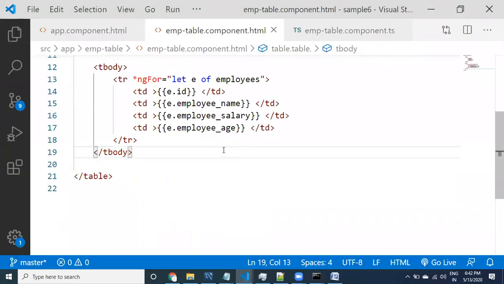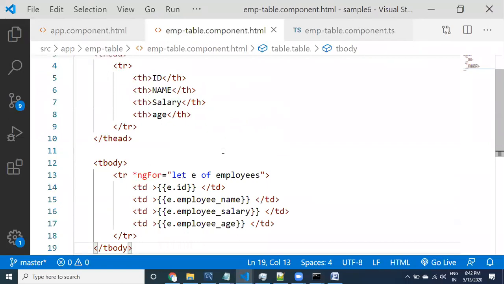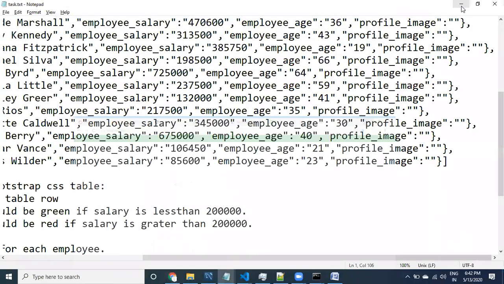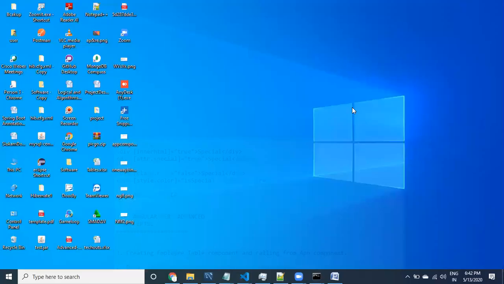Okay, let us look at it. So refresh it. Of course this code is available where, guys? In the employee table component. The table component is separately available. What we need to do? The table component we have created, that's it. We did not use it. To use that table component,